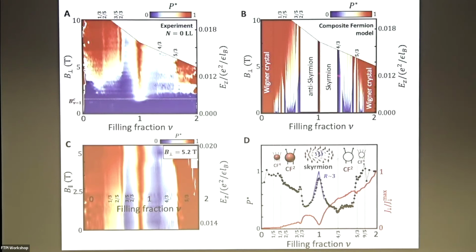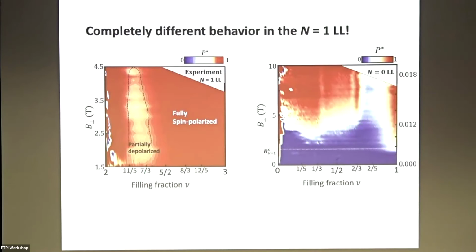The thing about this is it fits theory so well, composite fermion theory so well, that it's actually kind of boring. Everywhere you see here that the predicted spin polarization is what you expect, and the skyrmion is there and what you expect. Now, the thing that's different is if you go up to the next Landau level and try to apply the same composite fermion theory, free composite fermion theory, it absolutely doesn't work.